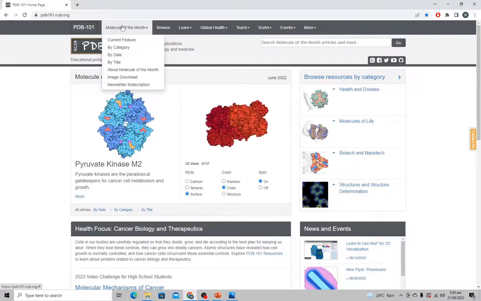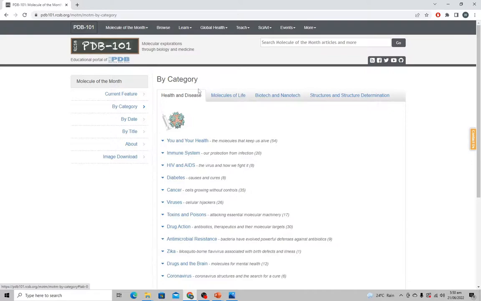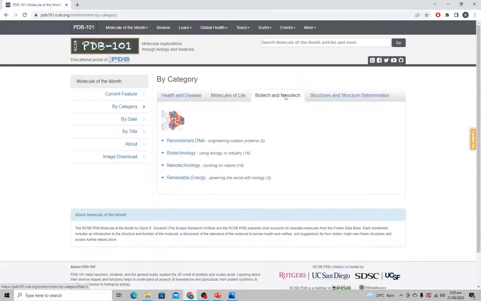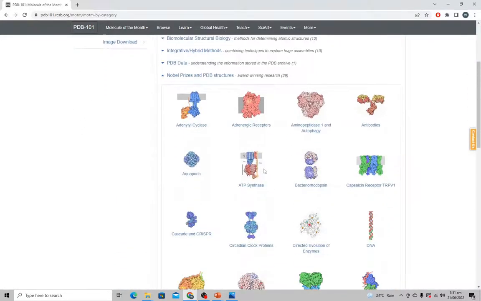And first of all, I will go into the molecule of the month tab, and here is a name that it is by category. If I go into the by category, I will find the four type of tabs over here. This is health and disease, molecules of life, biotech and nanotech, structure and structure determination. So Nobel Prizes and PDB structures. It is in the final tab. If I click in this, so yes,